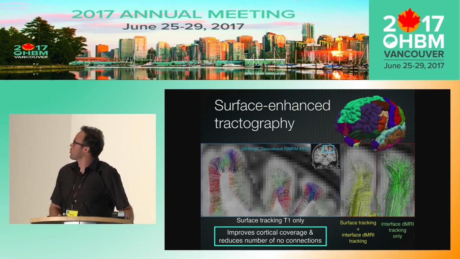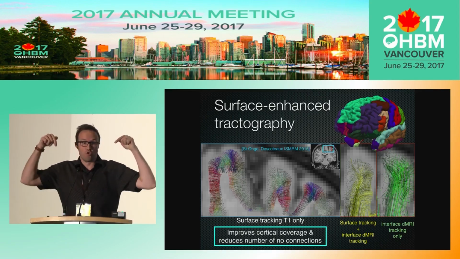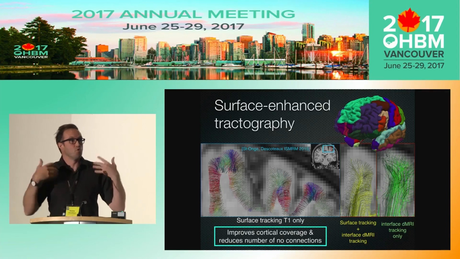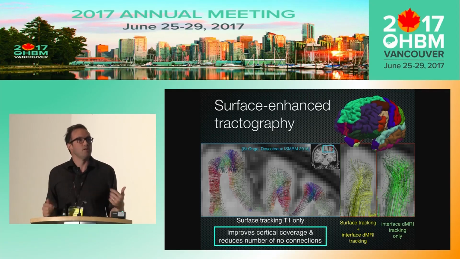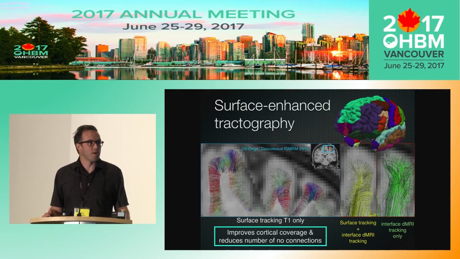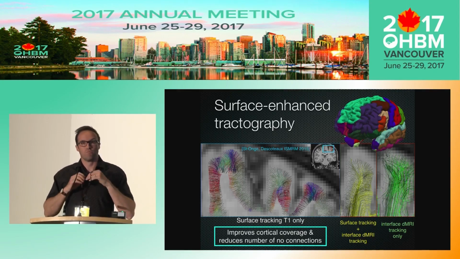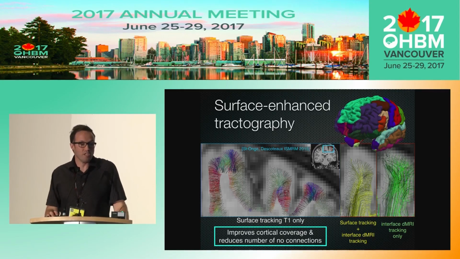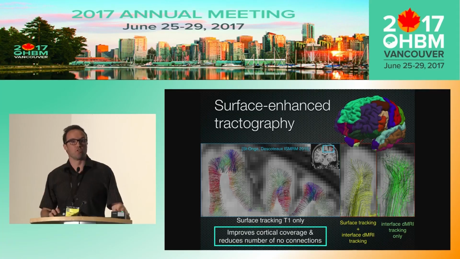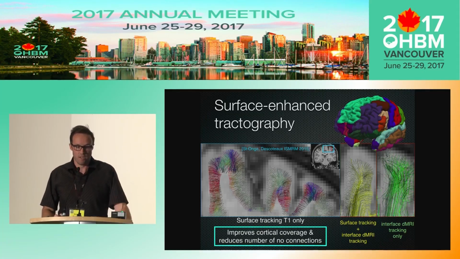And if you have the cortical mesh and the knowledge of the normal to the surface, this can boost tractography to better penetrate inside the white matter and reconstruct much more realistic fanning structure near the cortex. So this is coming. Different groups are working on this strategy, and just as we're using the T1 weighted image, now we're going to use FreeSurfer or other cortical parcellation or other cortical mesh extraction techniques to initiate